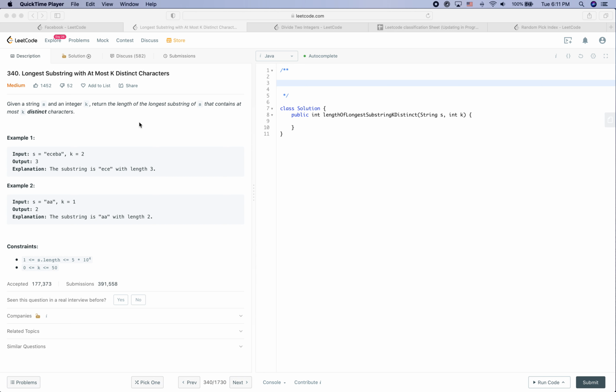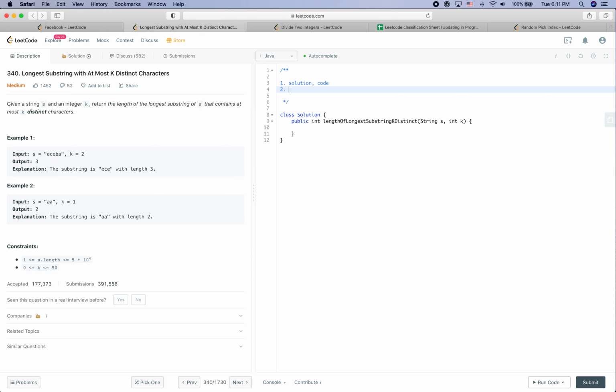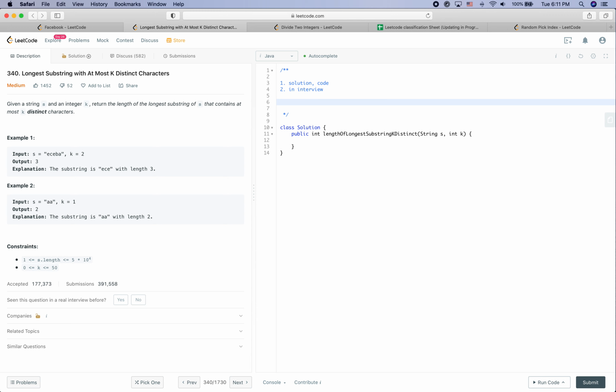Code practice time. In this video there are two goals. The first one is to see how to solve this problem, and we are going to put some code here. And the second goal is to see how it should behave in a real interview. So let's get started. So remember, the first step in the real interview is to first fully understand